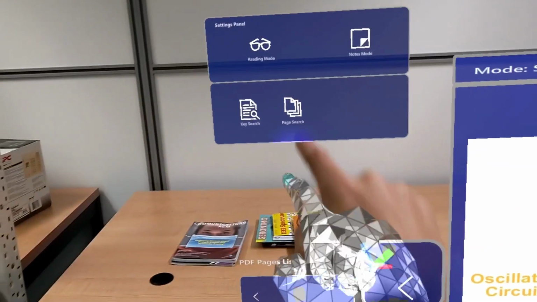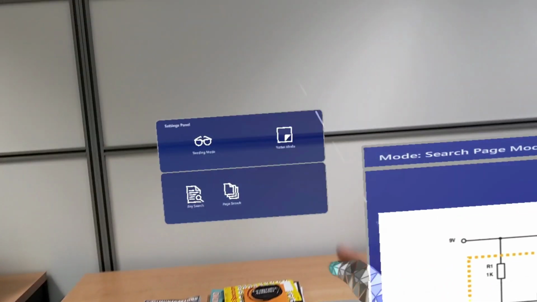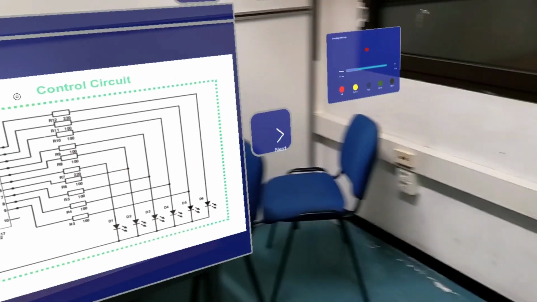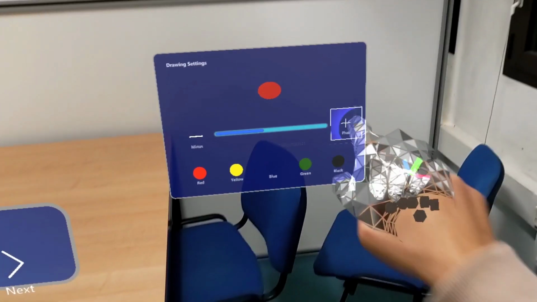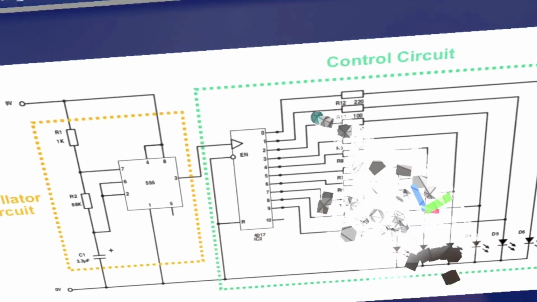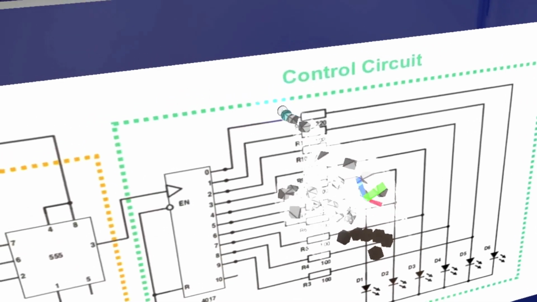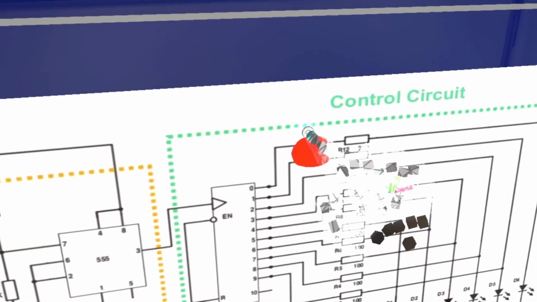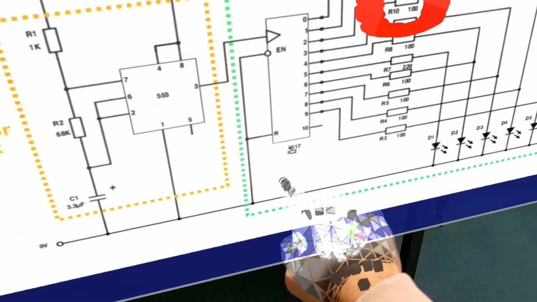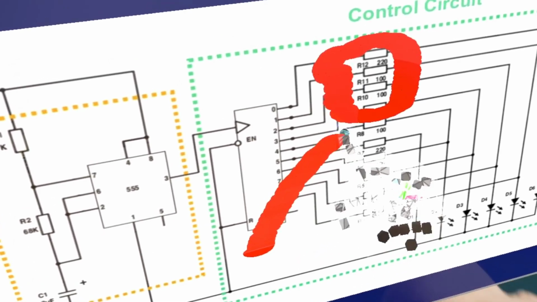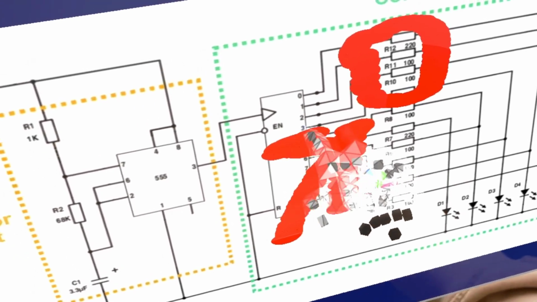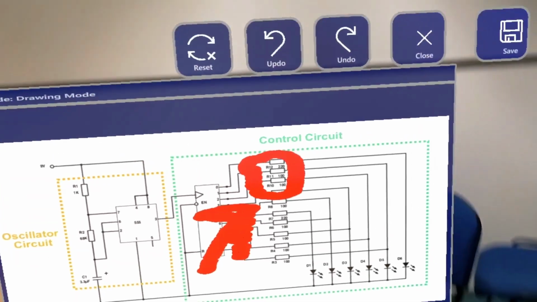Then notes mode, and we'll start with the drawing mode. With the hand tracking provided by the MRTK, the user could, as I told you, select the size and the color of the annotation. In this case, we want to do a huge annotation, and by just intersecting the finger of the user's hand with the hologram of the document, a lot of 3D objects will be spawned in our slate and overlaid on the document